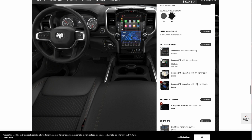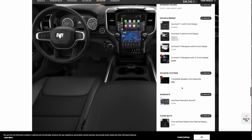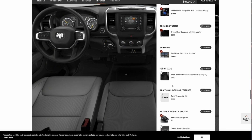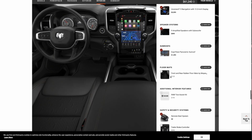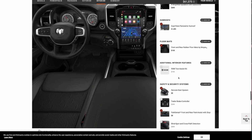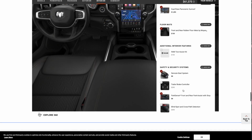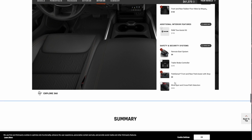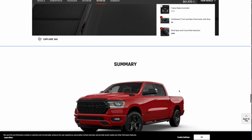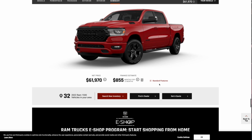And the Uconnect 5 with the 12-inch display is a must for me. I want the dual pane panoramic sunroof. The front and rear rubber floor mats are also a must for all the reasons that I just mentioned. Remote start, yes. I don't really need the trailer brake controller, I can control my own truck. Front and blind spot and cross path detection group, absolutely. And so all told, with everything optioned out on this truck, that's